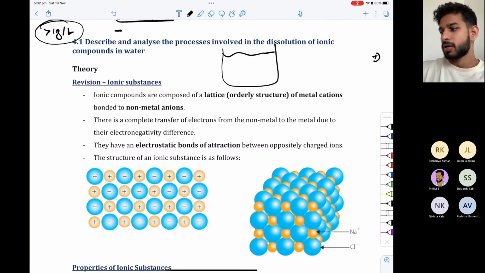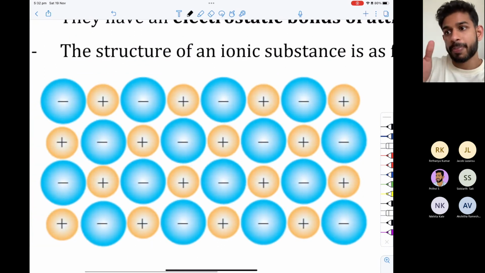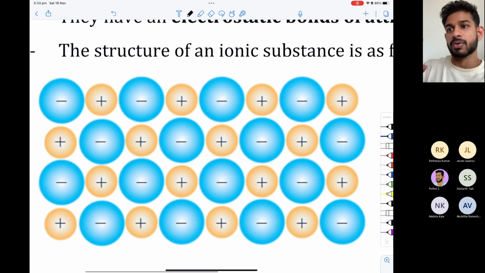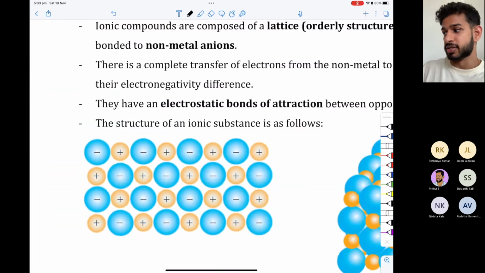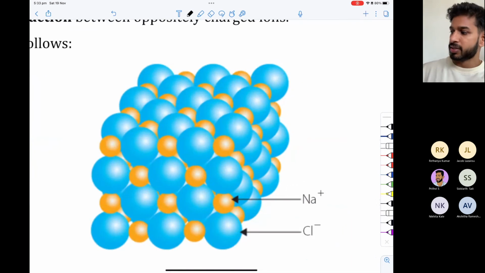Okay, good. So the key thing that you're seeing here is the ionic lattice, which consists of oppositely charged ions bound together by strong electrostatic forces of attraction. You need to be ready to label the bonds and explain that all the ions are oppositely charged adjacent to one another. Good. Now let me ask you this: why do we write